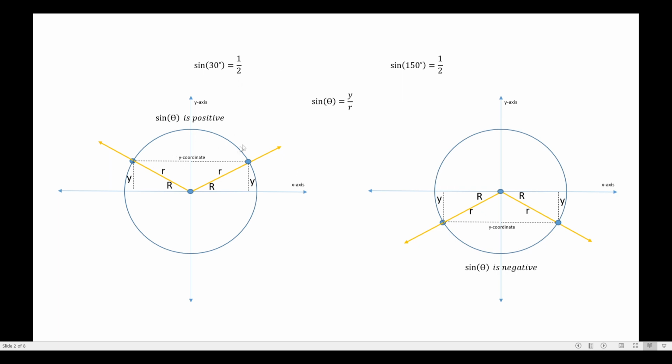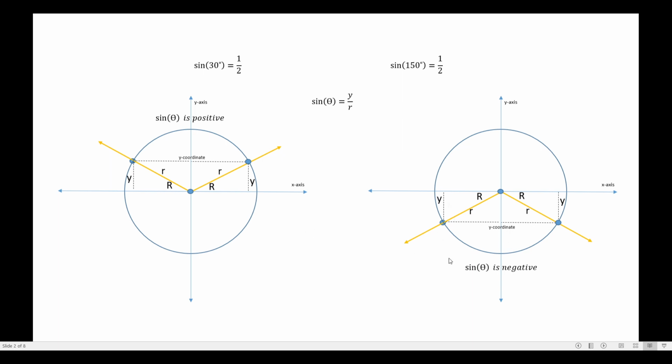This time, if in the first and second quadrants the value of the sine function is positive, here we have the value of the sine function as negative. It's because notice that the value of y will be negative here. In terms of the side of the triangle, y is positive, of course, because we treat the value as the side of the triangle, so we apply the absolute value concept. But if we take the y coordinate, which is our basis in getting the value of the sine function, then obviously the value of the y coordinate is negative. That's why we have a negative y in this case, and so it will generate a negative value of the sine function.